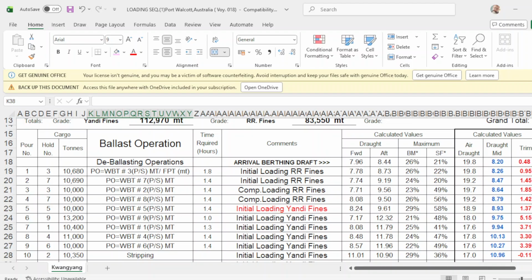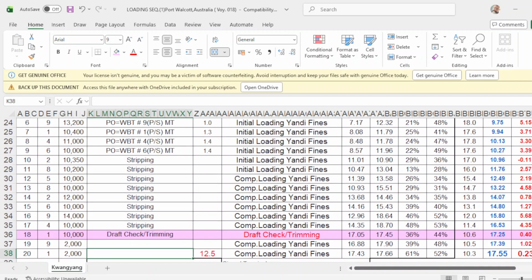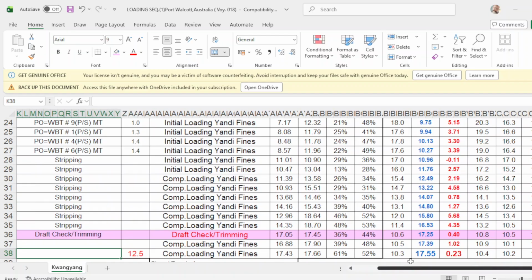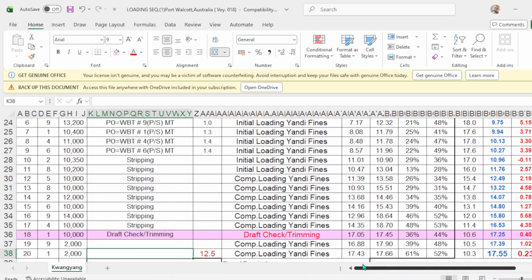Okay, so to make it a shortcut, at pour number 18, the foreman will stop operation because they will ask the chief officer and the draft surveyor to make a draft reading, so that the chief officer and the draft surveyor will compute how much remaining cargo to load. So in this case, at